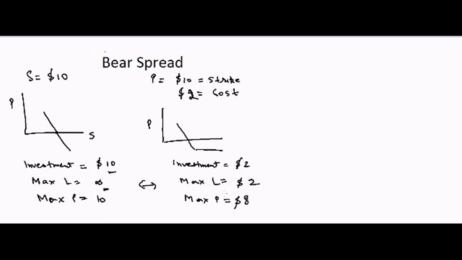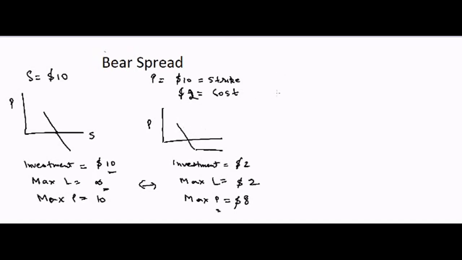Now if we want to make further improvement, you can see that the maximum profit is $8, but you don't think that it's going to go to zero, right? If it's a normal scenario, it's a good, okay stock, and there's no crisis going on, it's very unlikely that from $10 it will go to $2 or $3 or even $0. So you think there's no point in me having this option for it to go to zero. So you might want to sell this option if the stock price goes below $8, right?